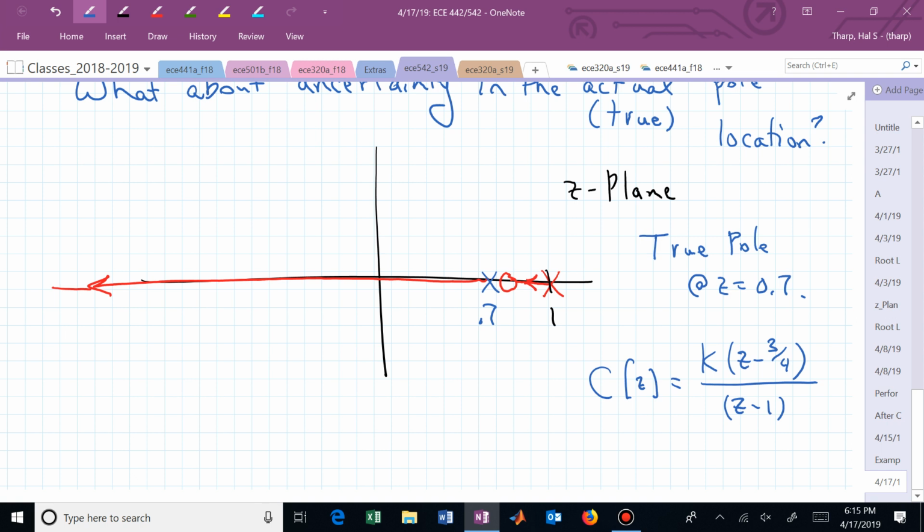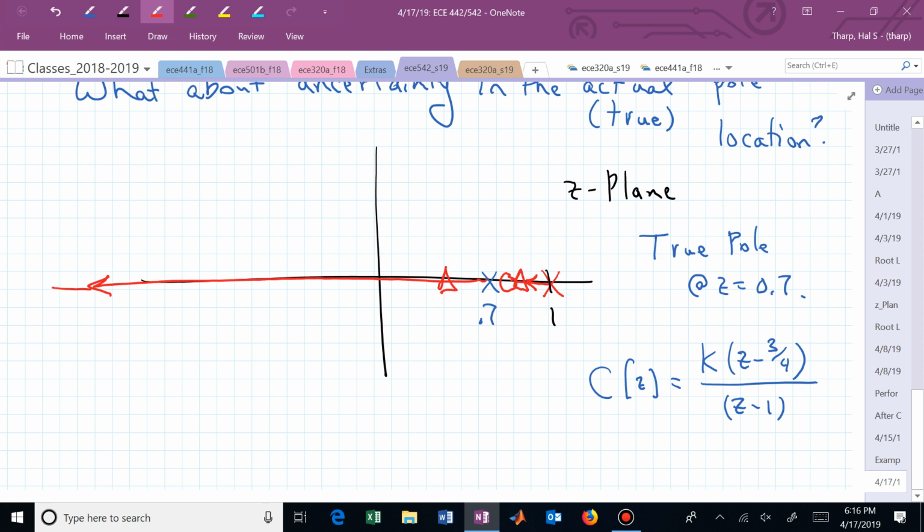So now the true plant has a pole at 0.7. We crank up the gain to 1/2, and what's going to happen? Well, this is going to get to about the same point that it was before, but now we have a pole somewhere between 1 and 0.75. And that zero is basically going to cancel that closed loop pole, that triangle between 0.75 and 1, and we're left with the dominant pole, that triangle, to the left of 0.7. We are robust with this controller for this case.